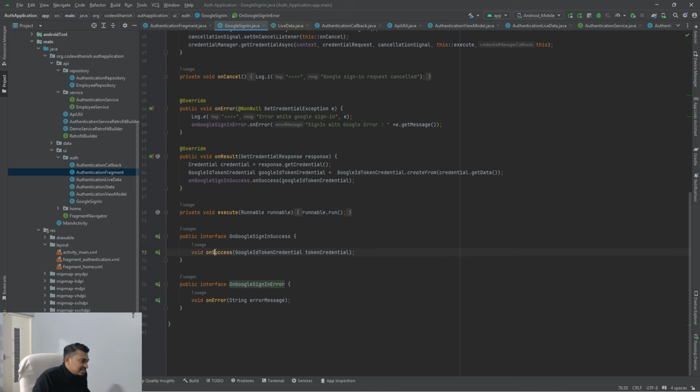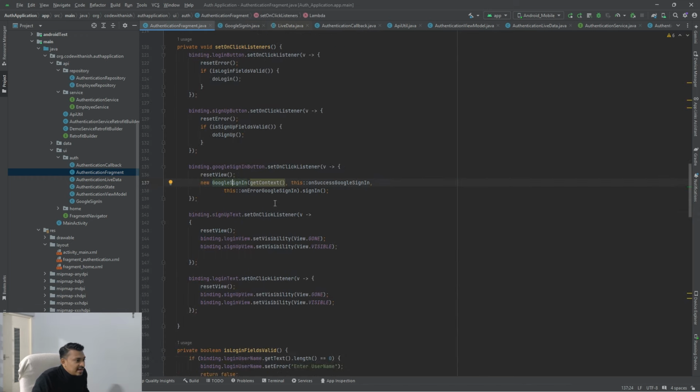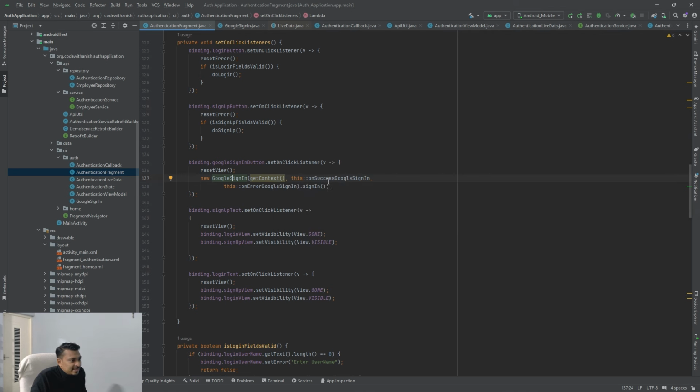which has a method like on. It's also a functional interface, which means an interface with only one abstract method. And here what I am referencing is, I have created two methods here and, again using functional programming,